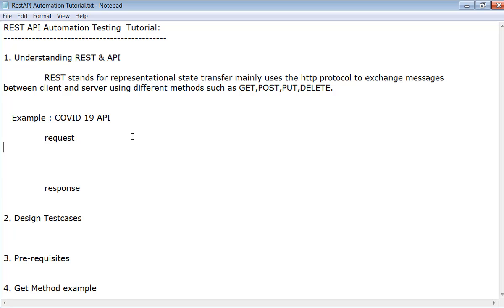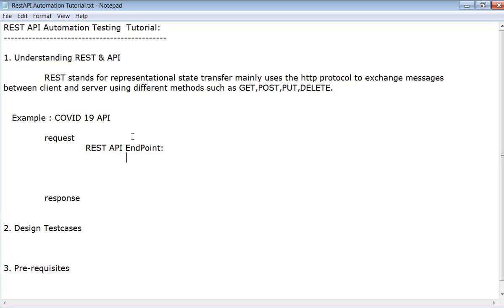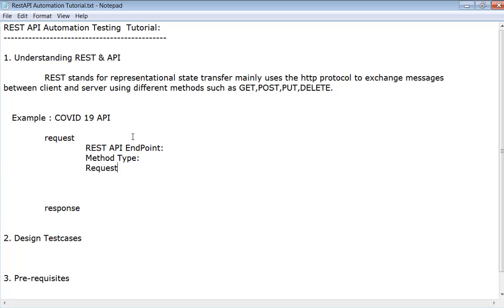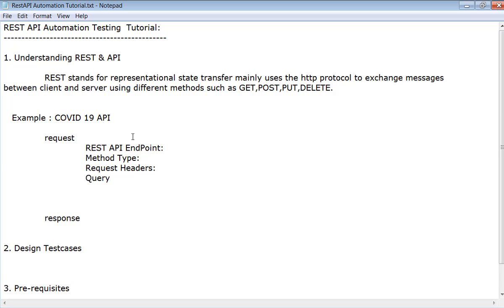From the request perspective, we should know what the REST API endpoint is, what the method type is, what the request headers are, and what the query params are. If you know these details, we can send the request to the server and get the response back.